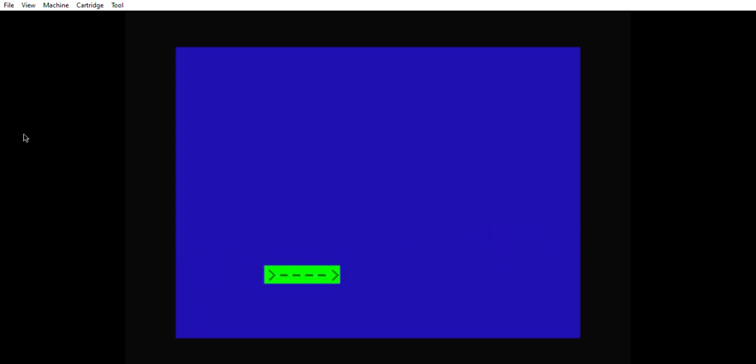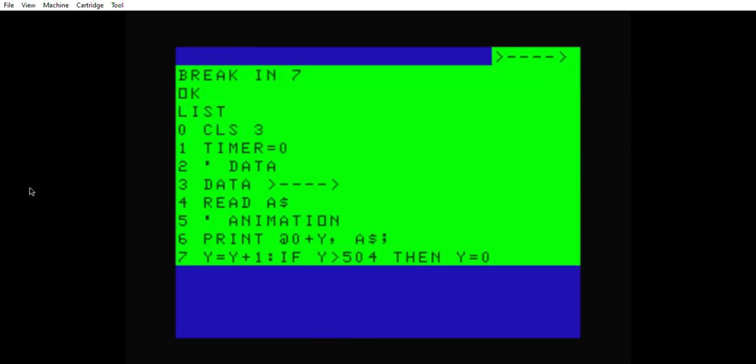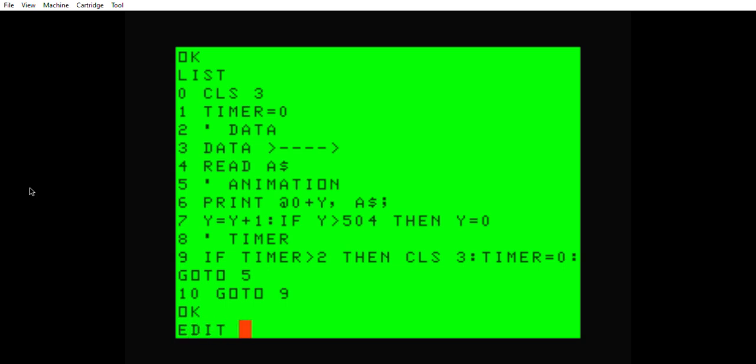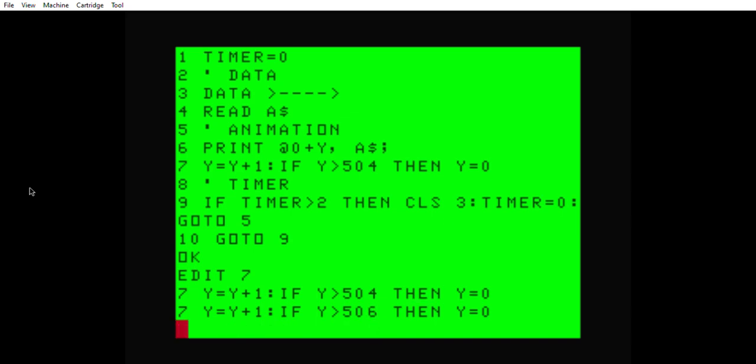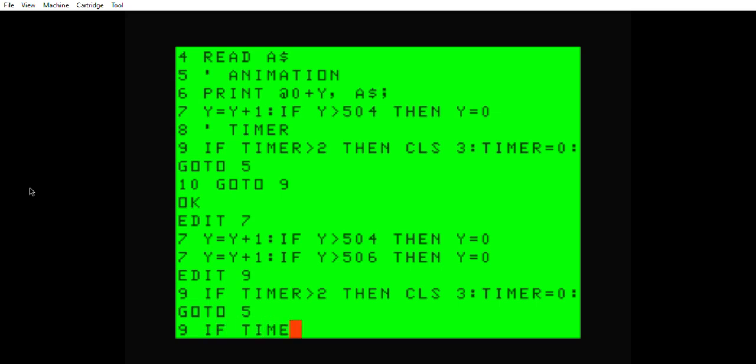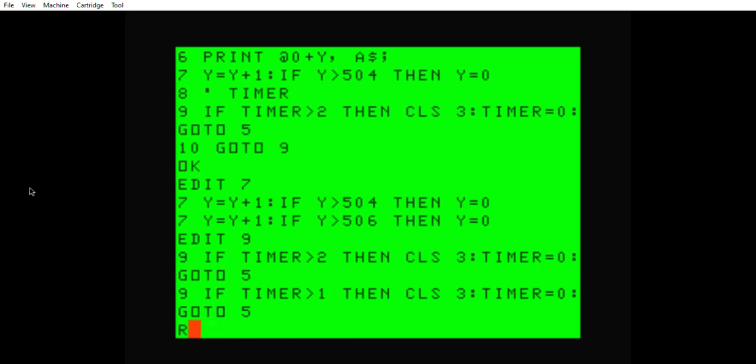What the cutoff point is here. I have to count it out, but I did not, so. Alright, it's off by 2. So it must be 506. And what we'll do here, to hurry this up, change the timer to 1. Now that's as fast as it could go, a little faster if I took the timer out, but